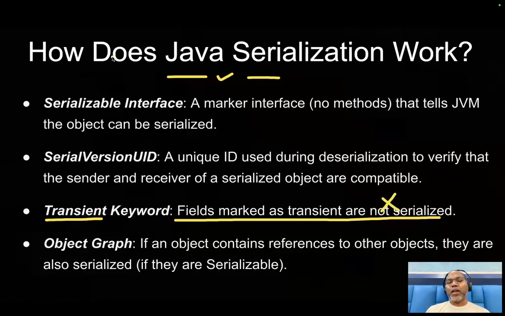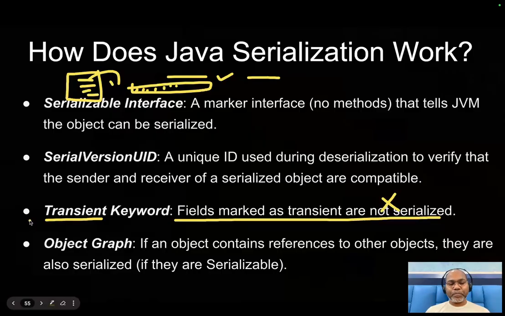What do you mean by not serializable? Let's say an object has field one, field two, field three, field four. Whenever you serialize it, do we write every value, or skip something? By default, Java takes all the non-static and non-transient fields as part of the serialization. Everything else, like static fields and transient fields, does not take part in the serialization and